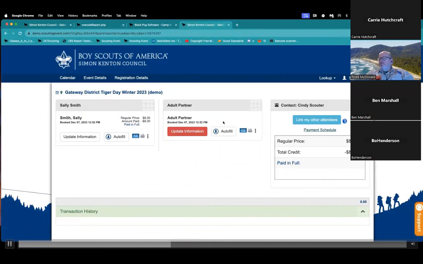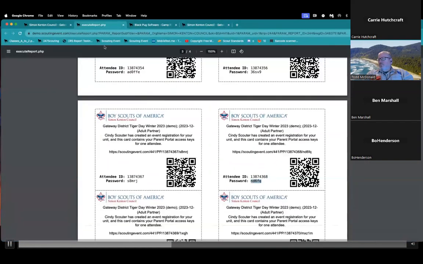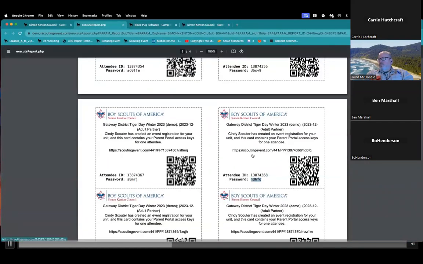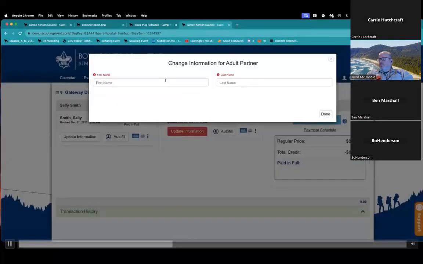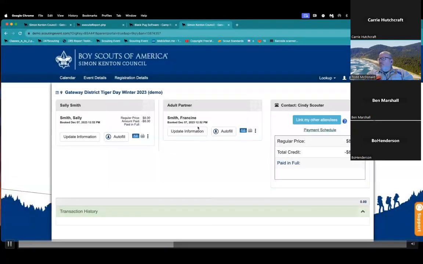And so I could now use either user ID and password, either QR code, either link here, and I should be able to see both of those people because they're linked together. So now I can go in and say Francine Smith. And again, they're already paid for, so I don't have to do anything else. Now I've entered the information.